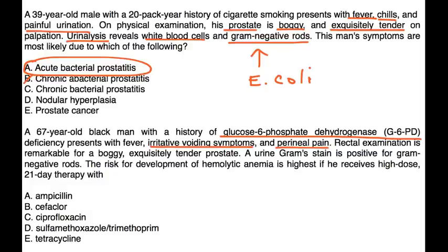Next question. A 67-year-old black man with a history of G6PD deficiency presents with fever, irritative voiding symptoms, and perineal pain. Rectal exam is remarkable for a boggy, exquisitely tender prostate. Urine gram stain is positive for gram-negative rods. The risk for developing hemolytic anemia is highest if he receives high-dose 21-day therapy with...